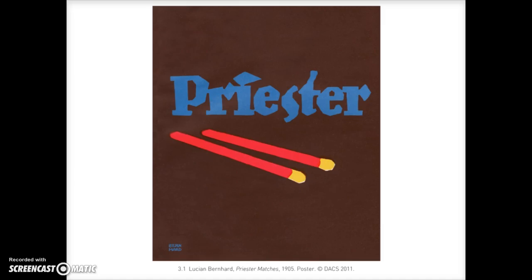For this unit, we're going to start talking about Sachplakat, which is what came after Art Nouveau. It's a German word, obviously. And what characterized these advertising posters was that they were very simplified, minimalistic illustrations that usually contained a single object and a very bold headline. So this style was created by Lucien Bernhard in 1903 in Germany, so right before the First World War.